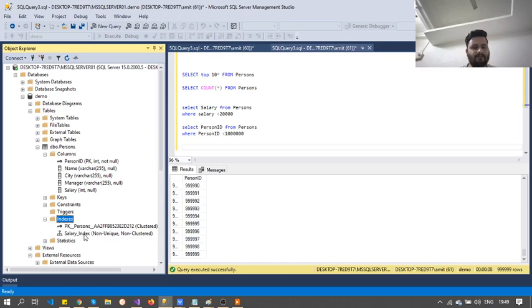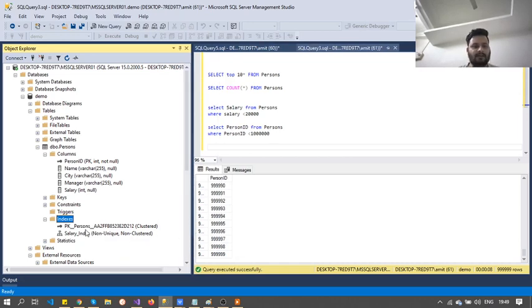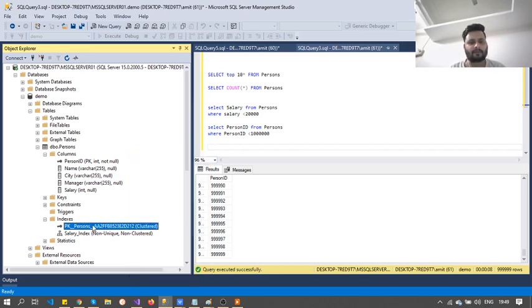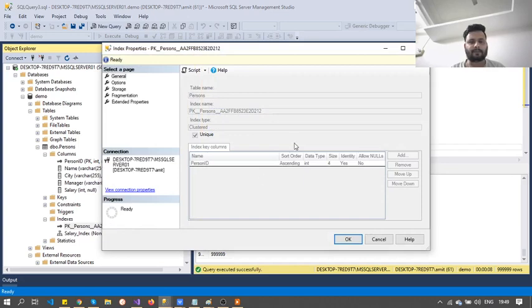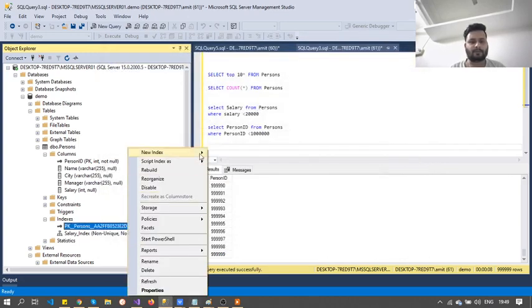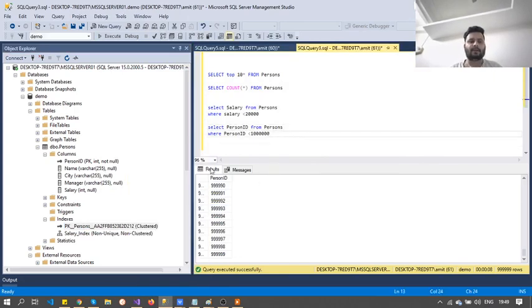So the salary index we have made is a non-cluster index, and the cluster index is on the person id column. We will see it later.